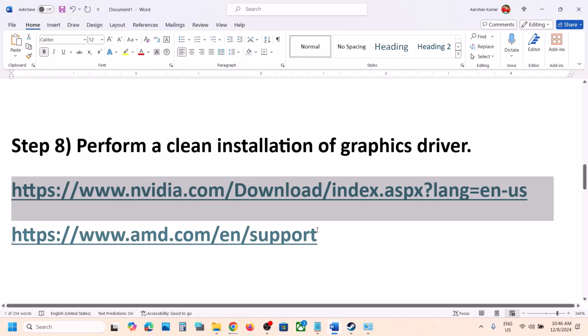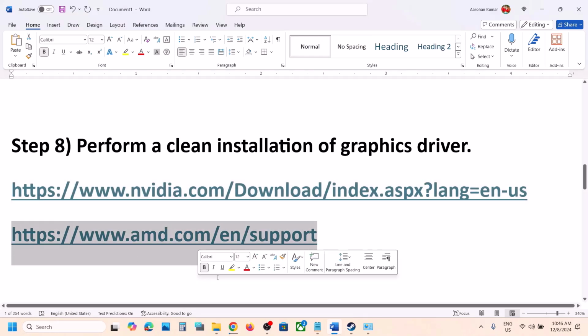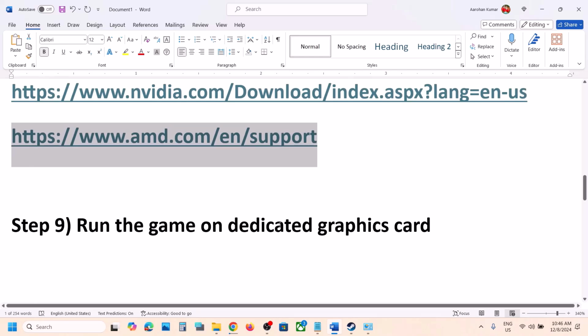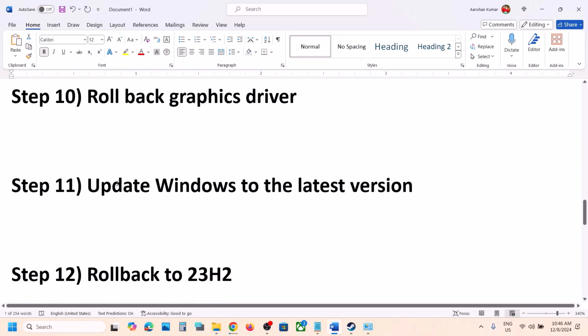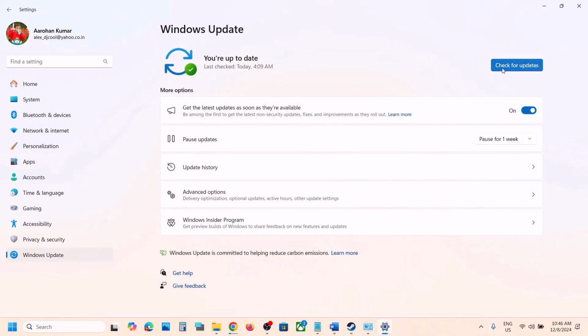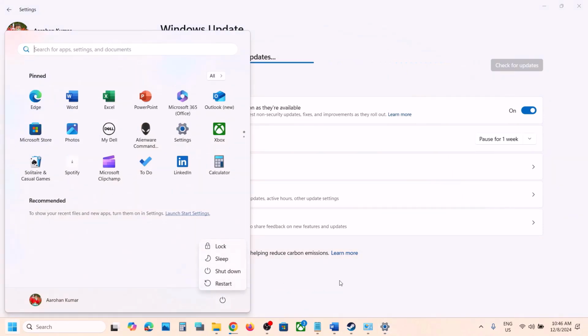Now AMD users can do the same thing. You can go to AMD website and then roll back to the previous version and then check. Now the next step is to update Windows to the latest version. This has worked for many players, so go to Windows Update and then click on check for update. Once all the updates are installed, restart your computer, and after the system restart you can launch